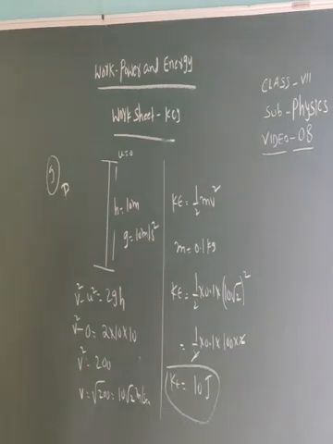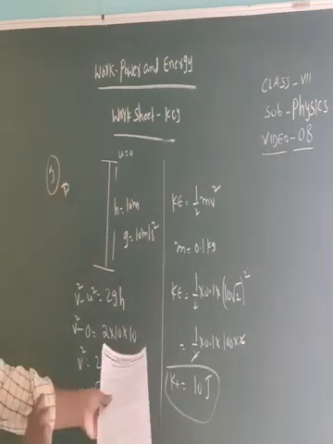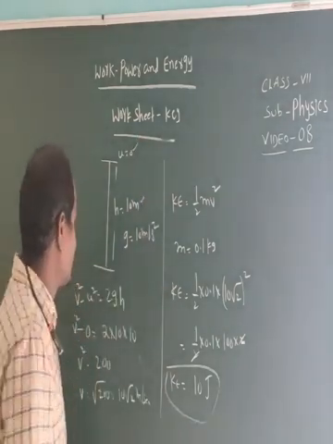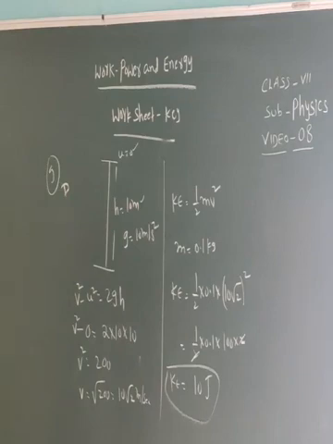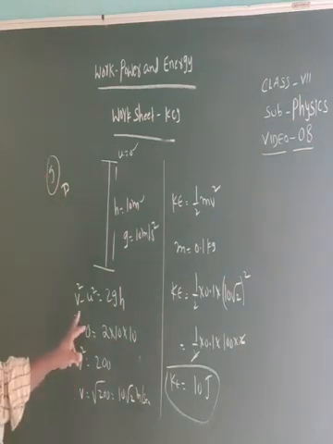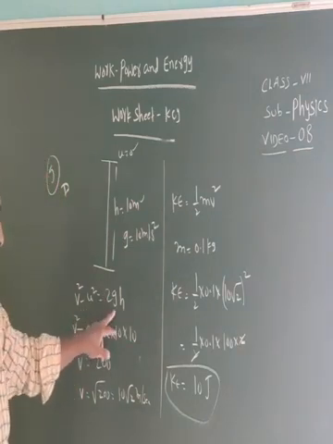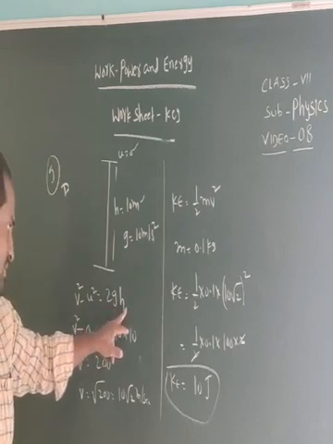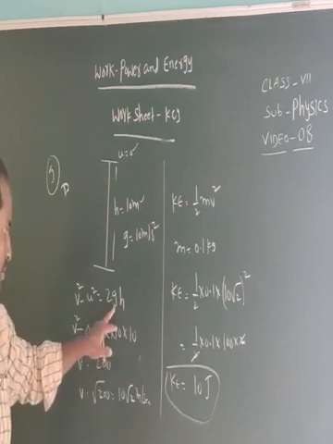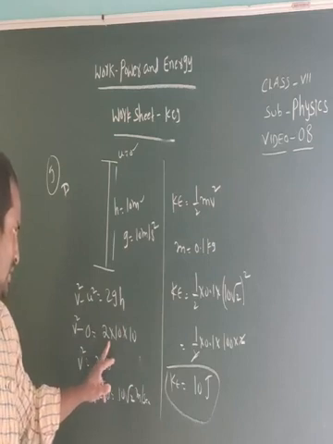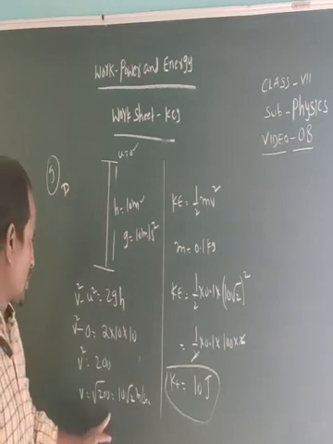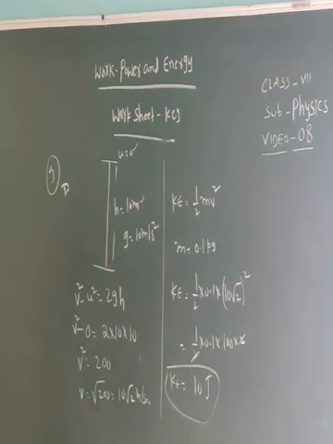It is a free falling body. In the case of a free falling body, initial velocity of the body equal to 0. Okay. Next, height is given. It is falling from 10 meters. Here, acceleration a equal to plus g. In the case of a free falling body, that is equal to 10 meter per second square. From v square minus u square equal to 2gh, because a equal to g, s equal to h. Okay. v square, initial velocity equal to 0, equal to 2 into g 10, height equal to 10. 20 into 10, 200. v square equal to 200. We can write v equal to root 200, that equal to 10 into root 2 meter per second.